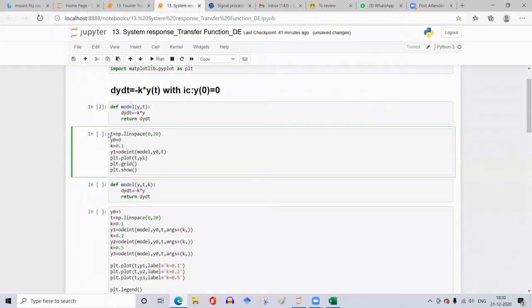And also, I must prepare the x-axis or the independent variable, between which point to which point I want it. So I'm arranging this as a linear space using NumPy, np.linspace 0, 20. So these 20 points in a linear fashion, I'm organizing it and making it an array of t. So these are the two values that we have to give to the model where they are unknown. Okay. So when I call this odeint with model, comma, y0, that is initial conditions, comma, independent variable, it goes to